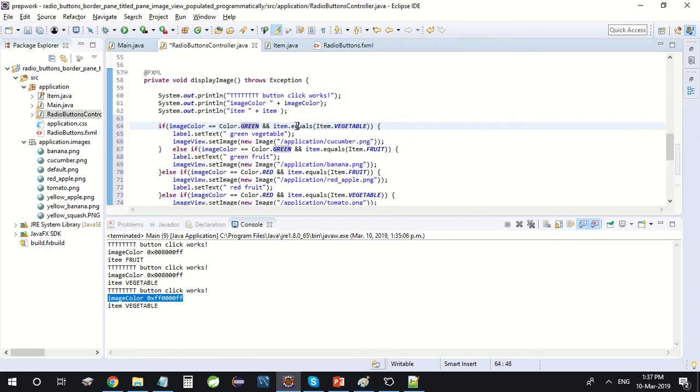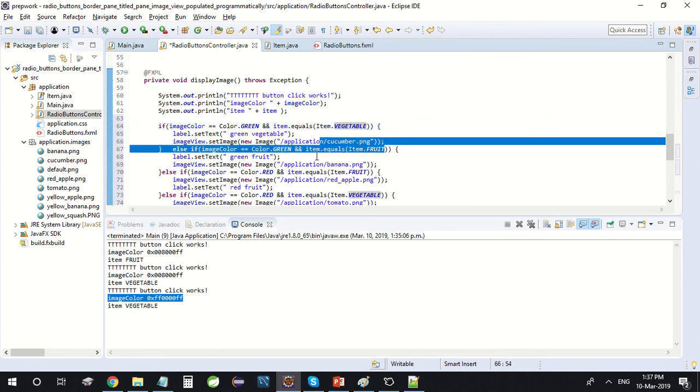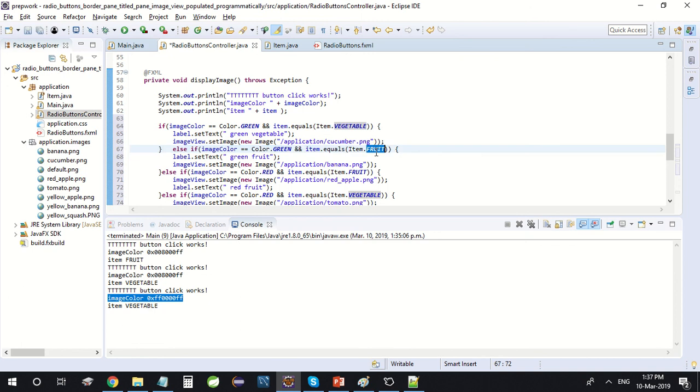And I will do the same for item. For item, whatever item user selected, I will compare it against the vegetable item. And sometimes I compare it against fruit item. So if I compare it against fruit item, then I will be displaying certain text in the label, green fruit. And also I will pick the right